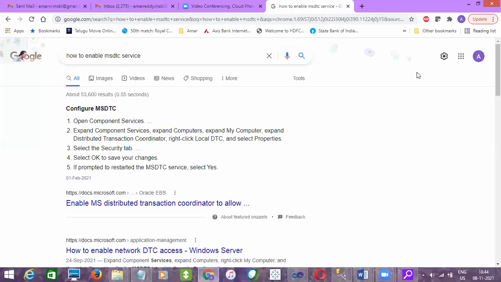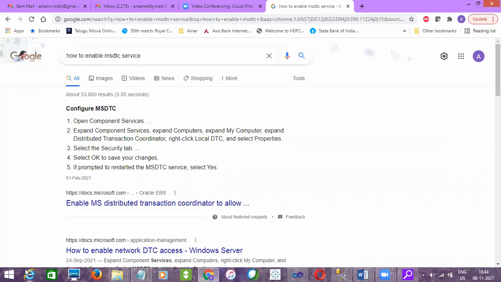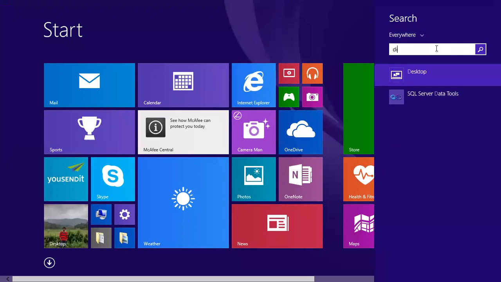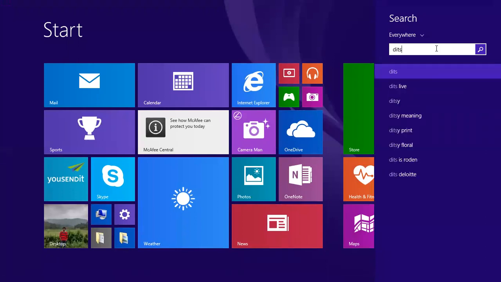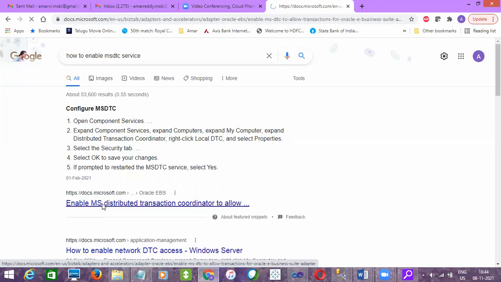or maybe before that, in my computer, expand distributed transaction coordinator. Search for distributed. Okay, I think this is not the way. Let's check the other links.